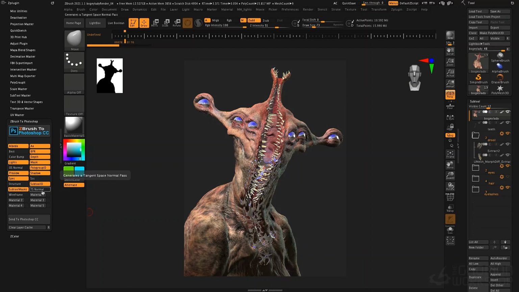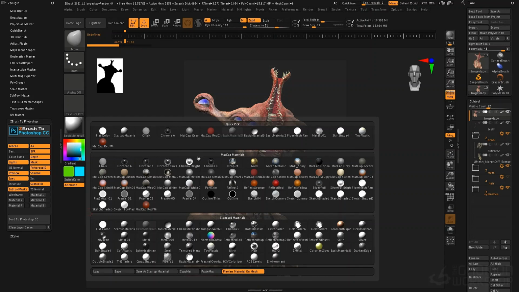We can do a tangent space normal map pass and wireframe if you want to show your wireframe. Now here we have custom materials. Now these are set by default to various materials and they are turned off by default. If I wanted to change the materials, let's say, for example, I wanted to see a pass using the Sculpey